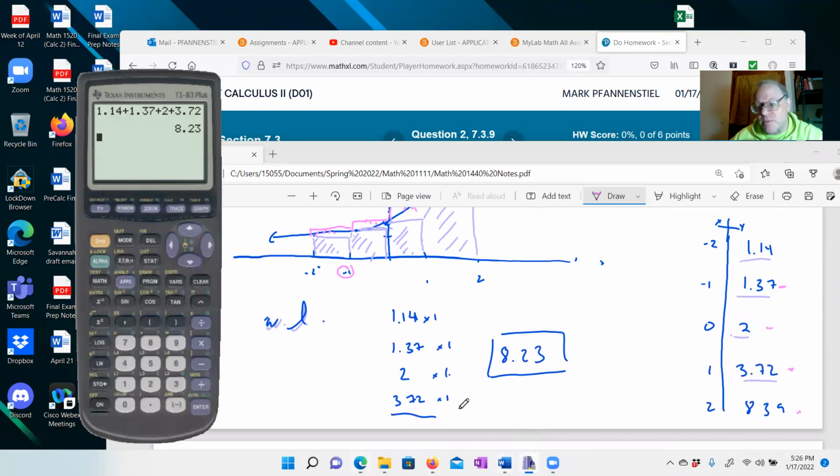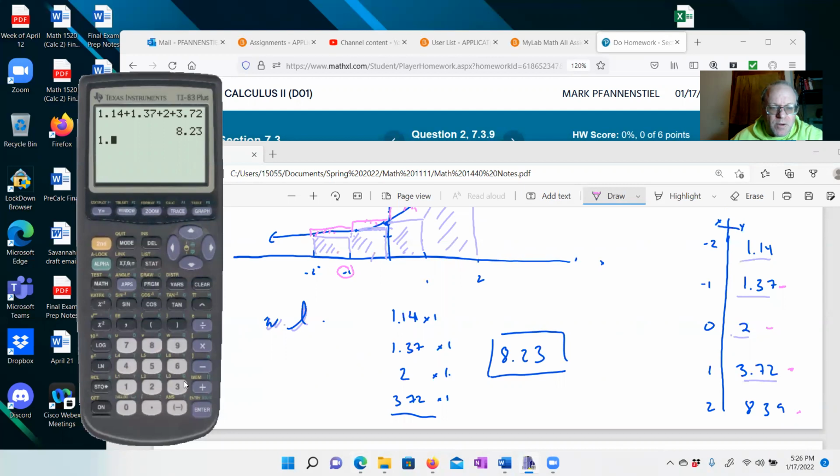Again, pick 3 decimal places for you guys because otherwise, I guess it gets mad at us. Okay, so we don't need 1.14. We need 1.37. Oops, just 37. Come on. Okay, plus 2, plus